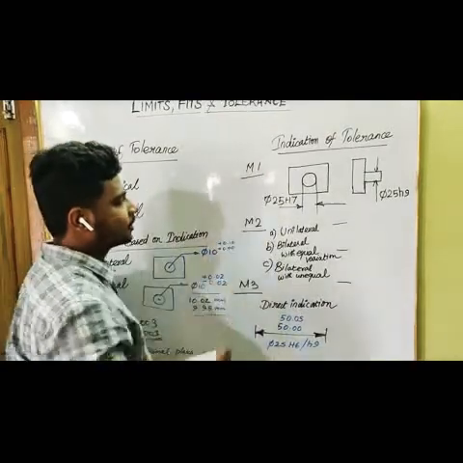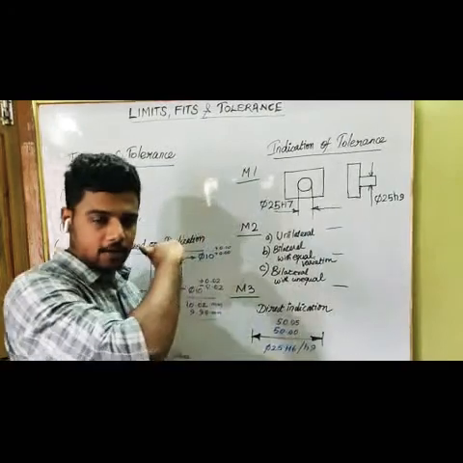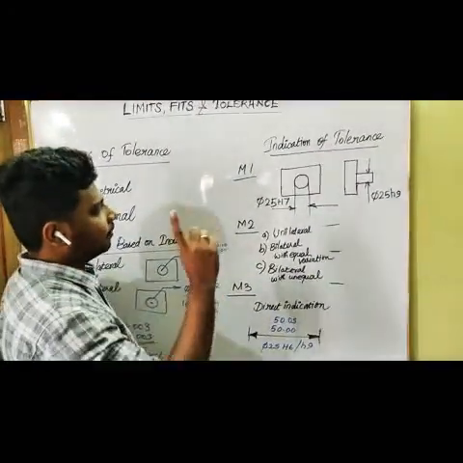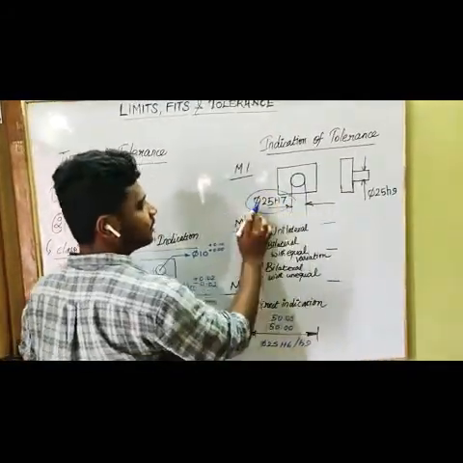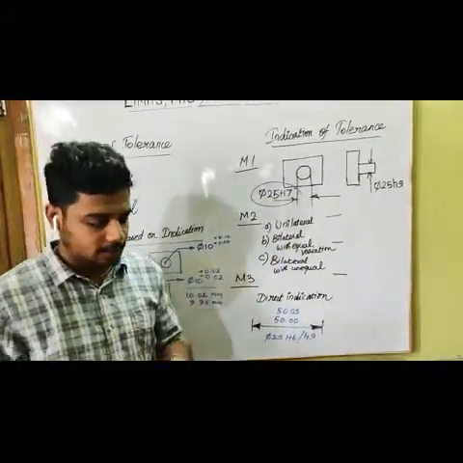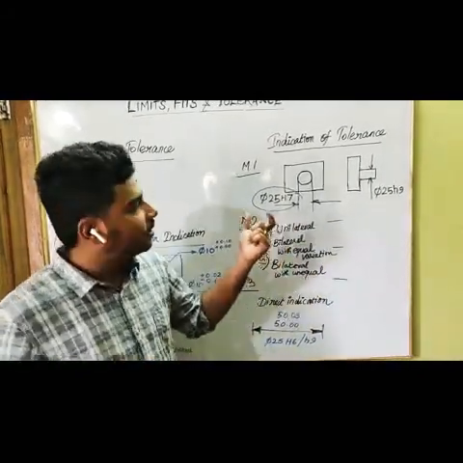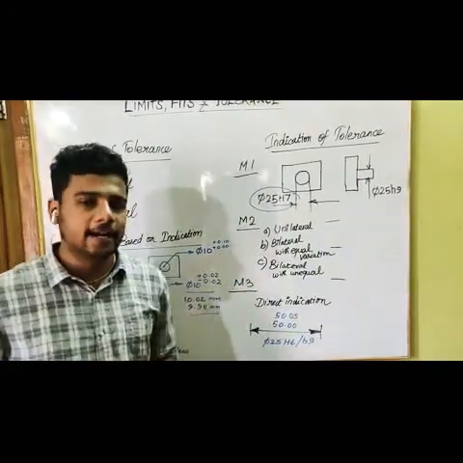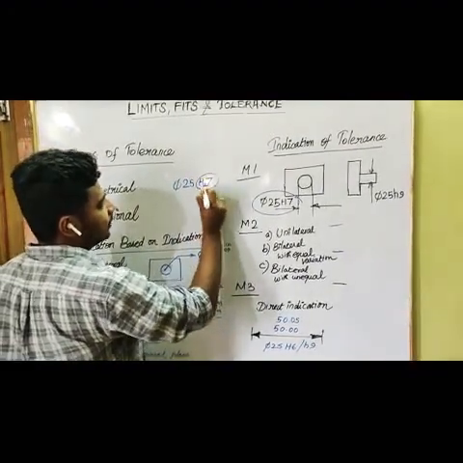Method one: I have taken two things here, one is your hole and one is your shaft, like your previous hole basis system and shaft basis system. For method one of indication, you can indicate using the diameter symbol. 25 is a basic size, H7. What is H7 here? That is very important. This H7 indicates your tolerance value. Your tolerance value can be indicated by using this grade number, so that is 25 H7. This H7 is your grade number.